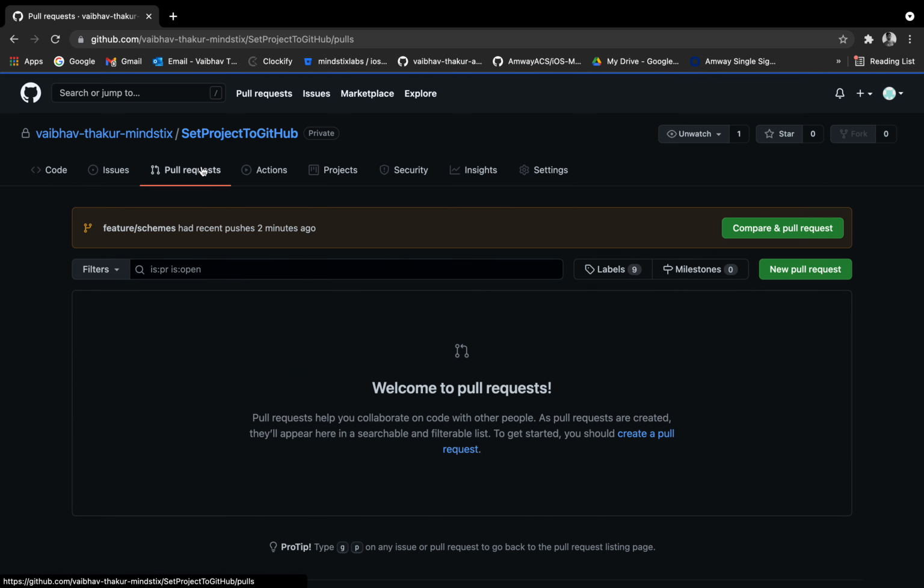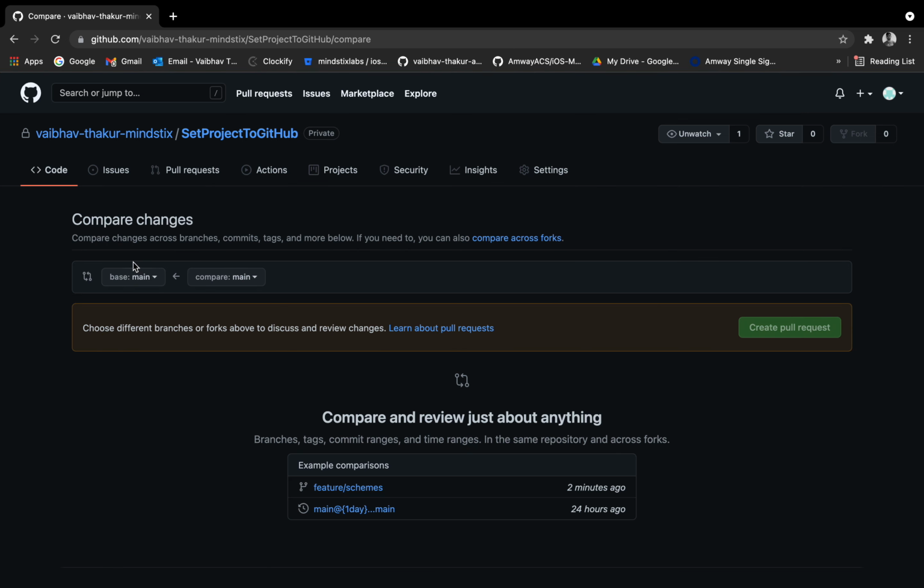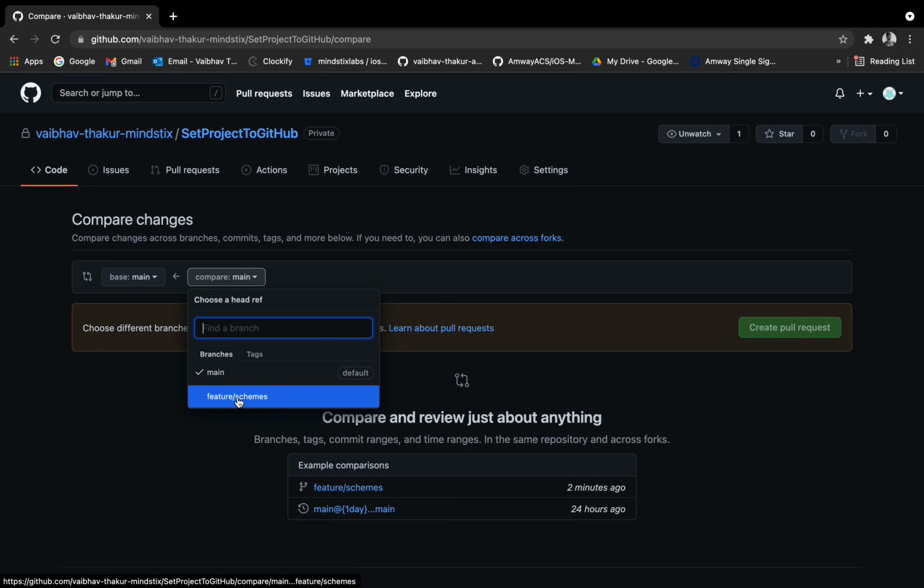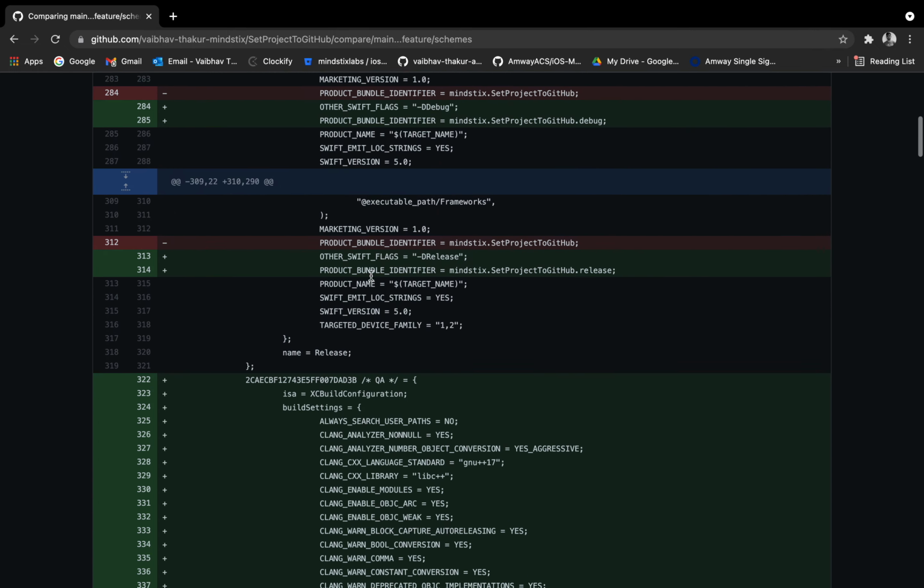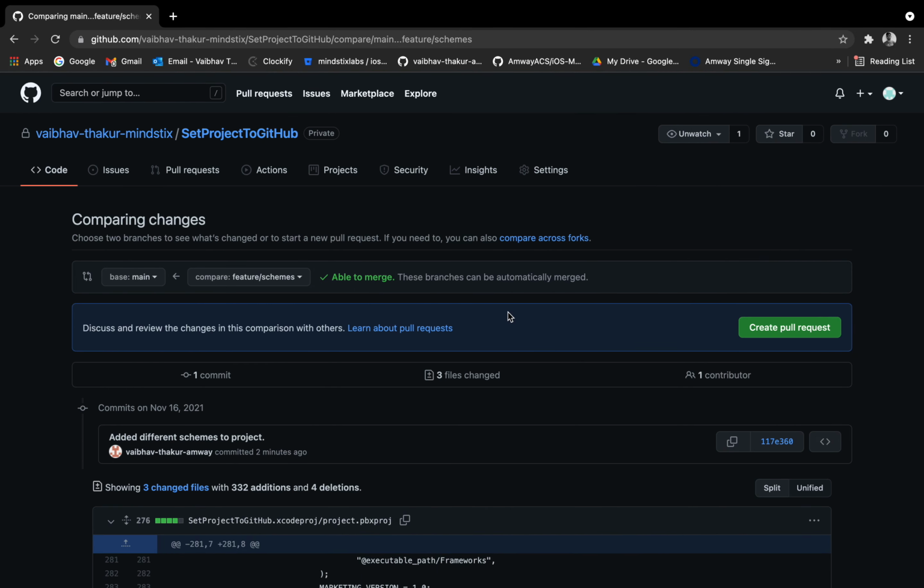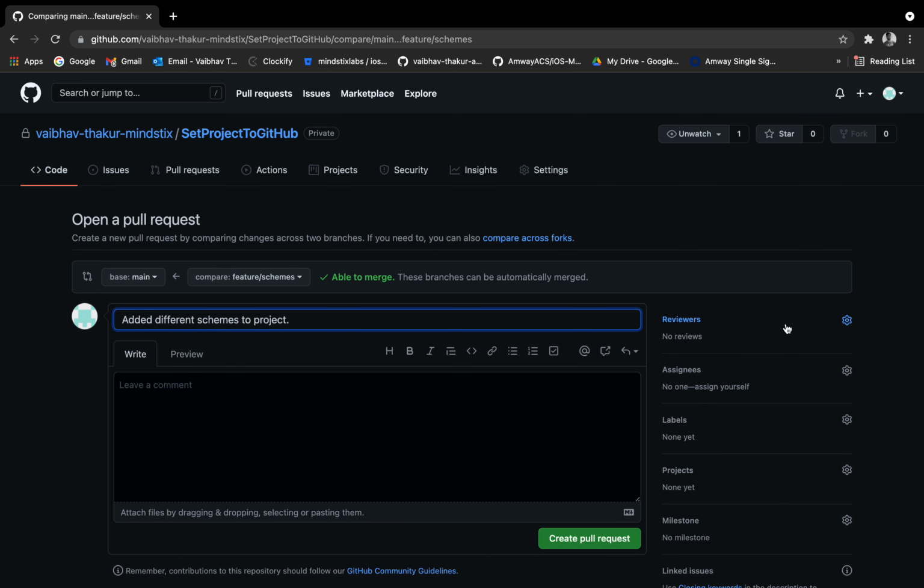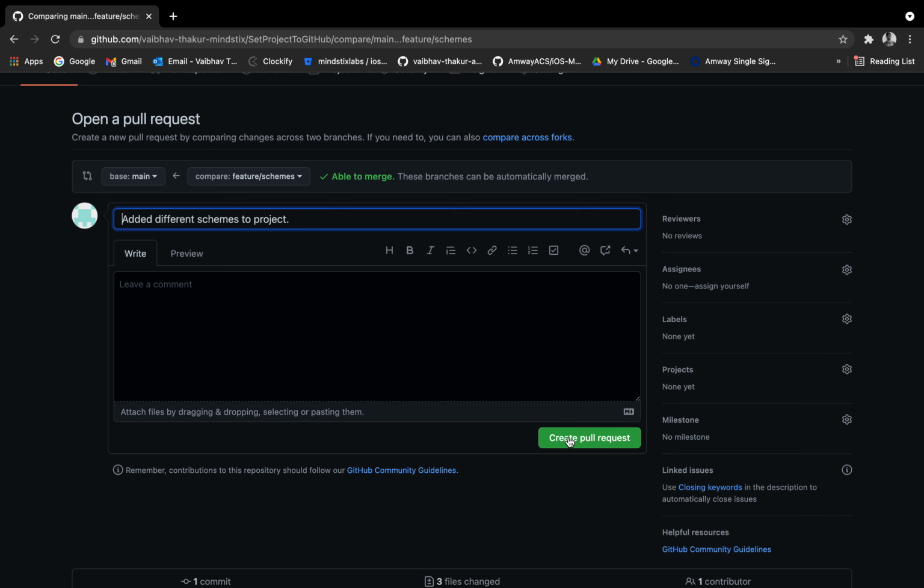Just go to pull request and click on create new pull request, and the base is the main branch, and select the different branch here. What this is saying is that we want this feature schemes branch to be merged to the main branch. It is saying it is able to merge, so this branch can be automatically merged to the main branch and there are no conflicts. So just click on create pull request, and if you want to add some message you can do that. Just click on create pull request,